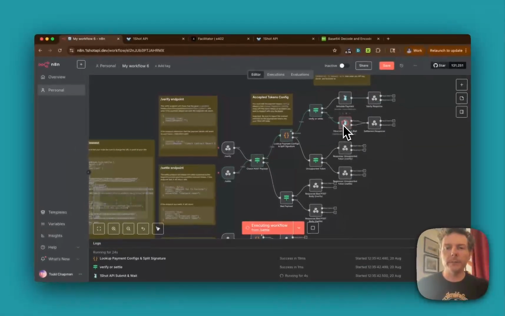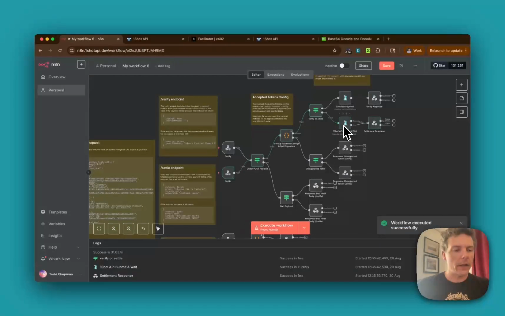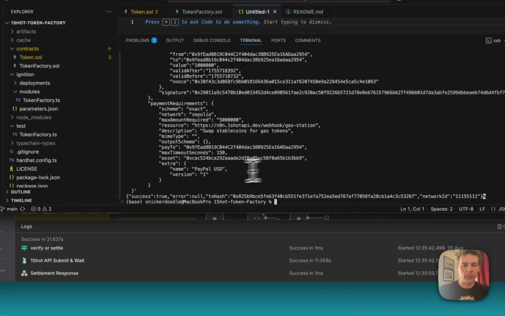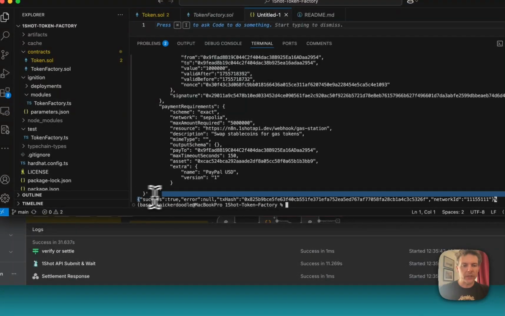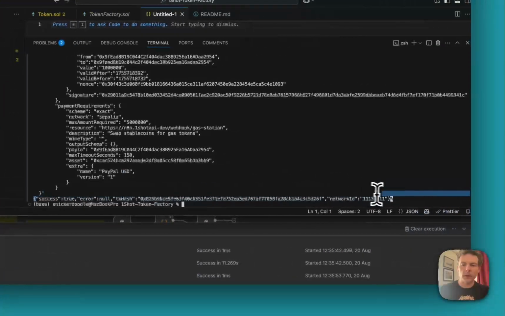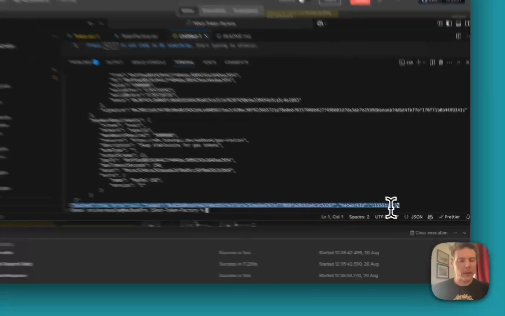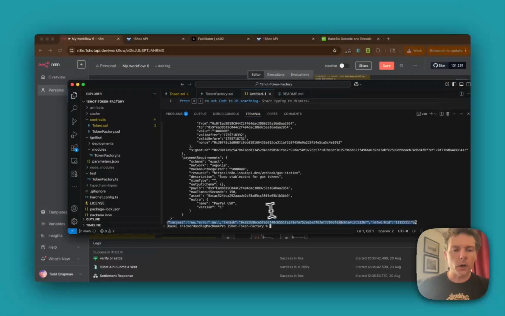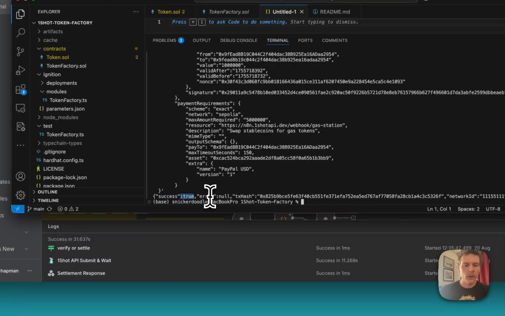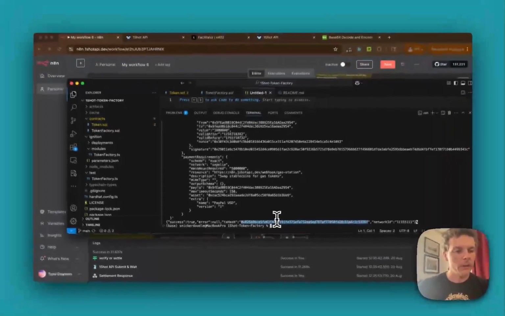The payment was submitted to OneShot API. And depending on the network you're running against, the settlement can take longer or shorter. So on Sepolia, it takes a few seconds to run, but you can see here it finished. And if we come back, we received a response payload back as specified by the x402 payment protocol. We got success, true, no error, the transaction hash,